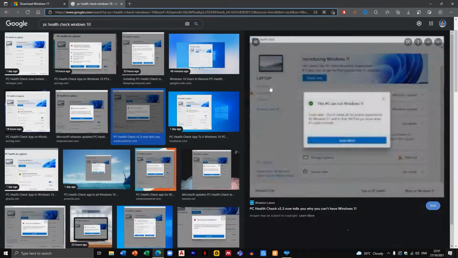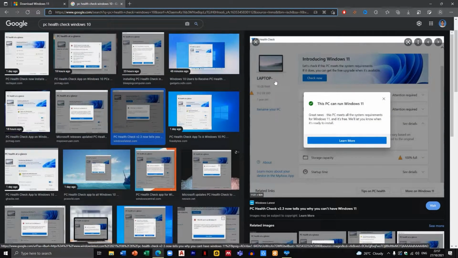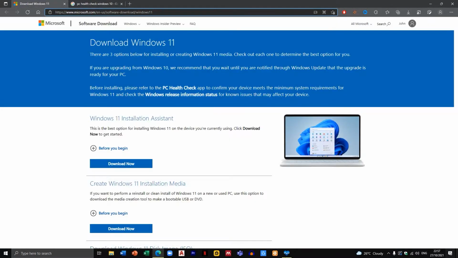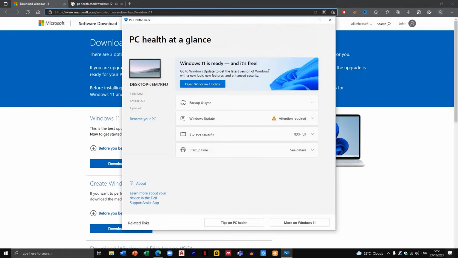Let me just select this one. If you try to assess if your device is capable of running Windows 11, it may show you like this, whether your PC can run Windows 11 or your device cannot run Windows 11. So once your device is confirmed to be capable of running Windows 11, for another method, you can wait until